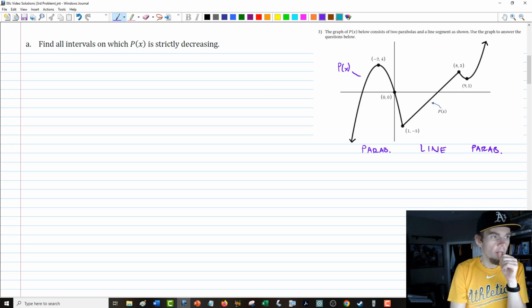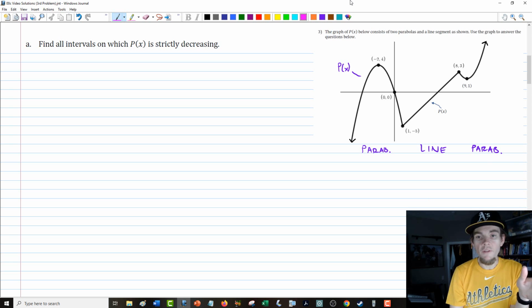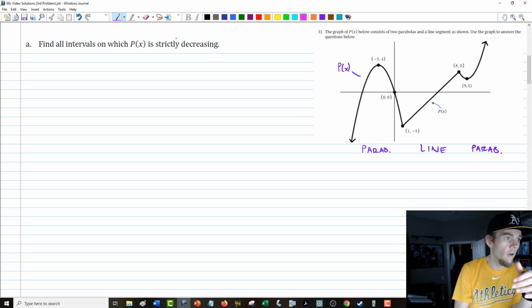The first question on here is actually nothing to do with finding the equations of the parabolas or the line. It's focused completely on pure analysis, looking at the visual of the graph and determining on what intervals we are strictly decreasing. Strictly decreasing, if you recall, is when we're running from a max to a min,